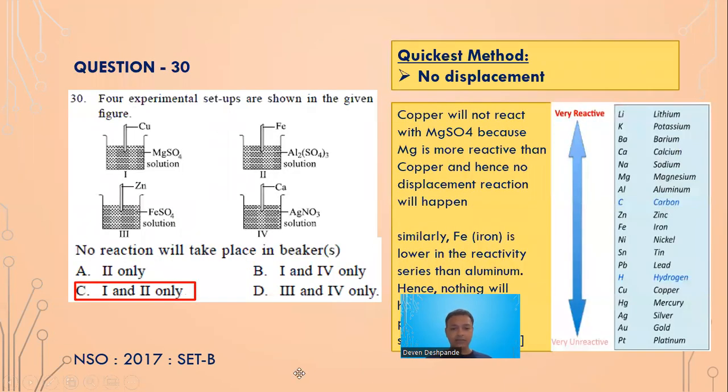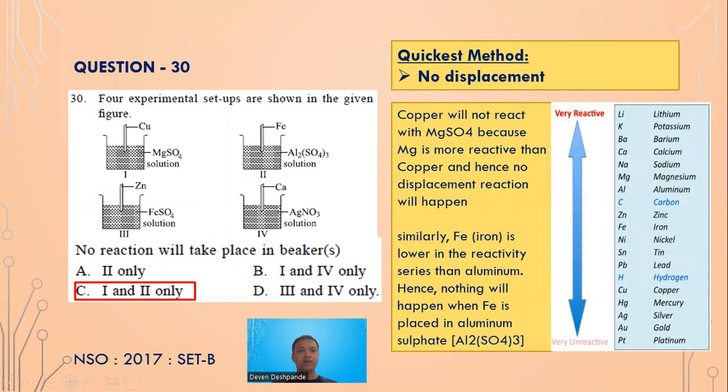Okay, next one. 4 experimental setups are shown in the given figure. So it is copper in magnesium sulfate, iron in aluminum sulfate, zinc in iron sulfate, and calcium in silver nitrate, isn't it? So what is it that we need to find out? No reaction will take place in which beakers? So here you have to just visualize